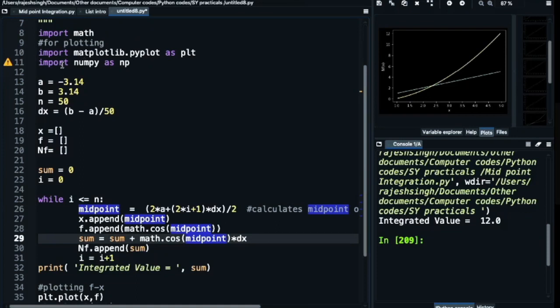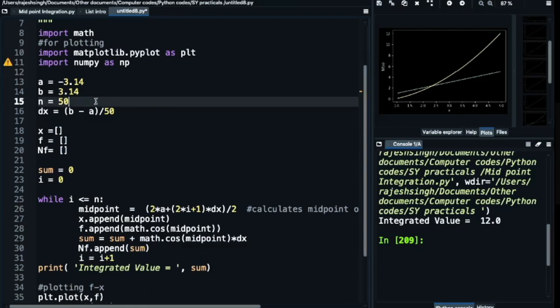We do the same thing here, but then you have to import math as well. Please make a note, because for mathematical functions you need the math library. Then you can see that I'm setting my initial limit to minus 3.14 and final limit to plus 3.14.